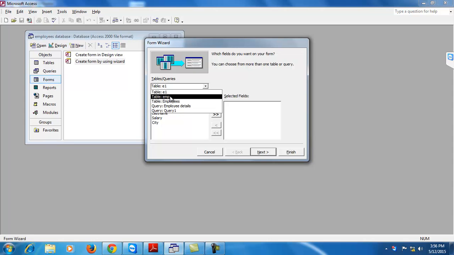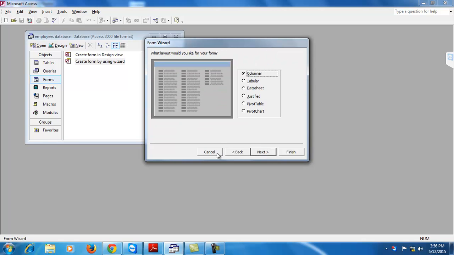Select the table on which you want to create the form. Select the fields. If you want to select all the fields, then just click on double arrows. Click on next. Select the layout of your form, that can be columnar, tabular, data sheet, justify according to your requirement. Then click on next.